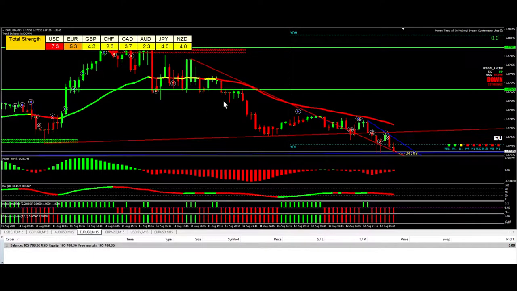Now this system doesn't use those arrows. This system just has to be under the 34 moving average, has to have a red candle, red oscillator, red RSI, another red RSI, and a red stochastic. At that point, it'll trigger a trade. Now this is a confirmation robot, so it'll ask you if you want to do the trade. So I'm hoping eventually it's going to ask me to do a trade because I installed it on here,